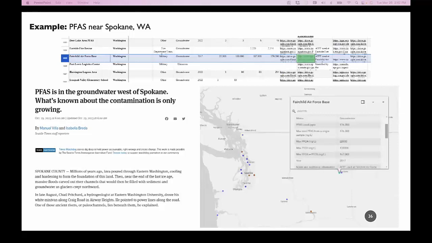You can look at the actual database, which is shown at the top, to see information about this contamination site, or you can zoom in on the map, and that same information pops up in a pop-up box there. So this is how the known contamination site database and the map can be useful to folks, especially people who want to explore their community or other places that they might care about. If you want to go to the next slide, Julia.